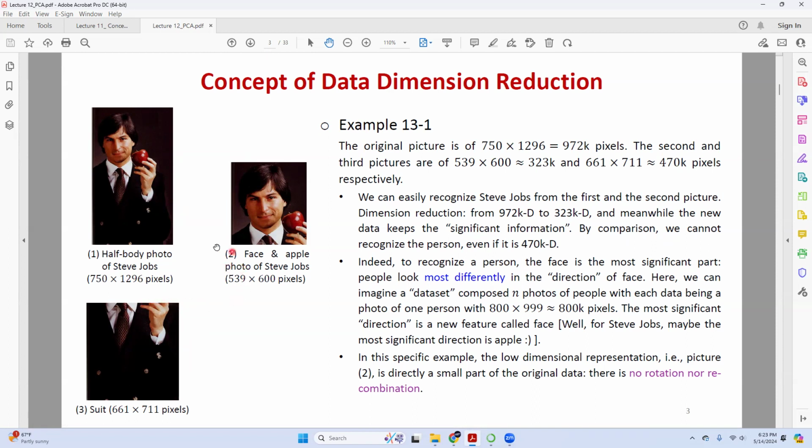So what we see here is that, suppose there's another person. Let's say I stand there, wear the same clothes, and put my hand the same way as well. What's the key difference? How can you differentiate me and Steve Jobs? Simple, the face, right? In other words, in terms of the face, me and Steve Jobs differ the most.